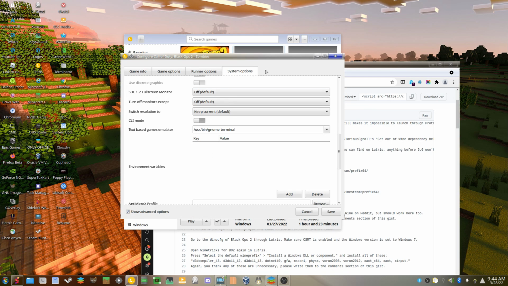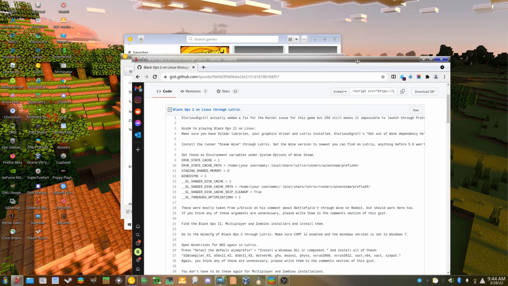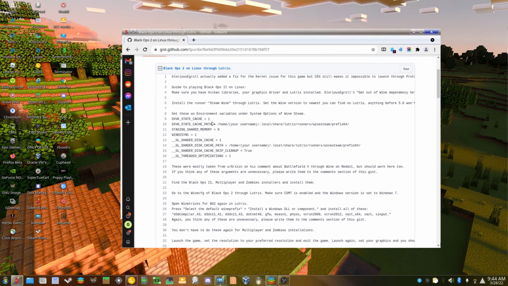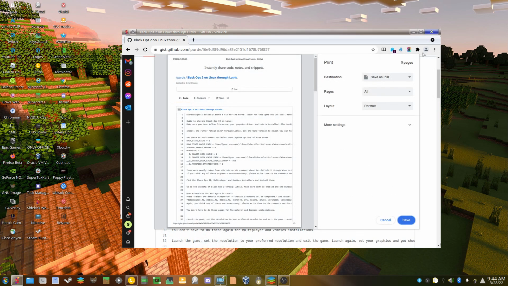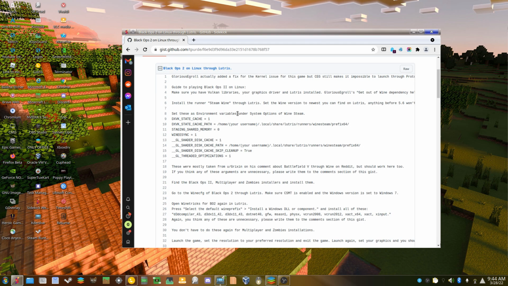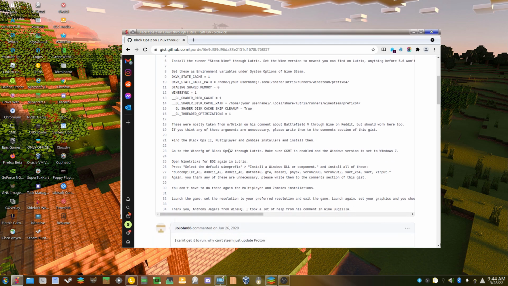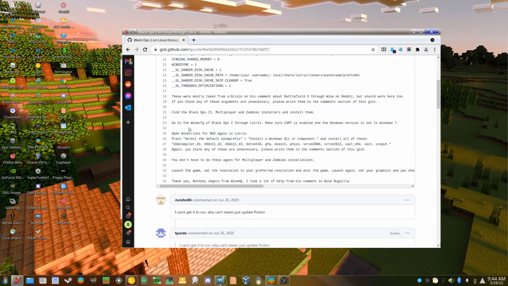Now, I don't think I've added those environment variables, but if you want to, just to make sure that everything works, you can go ahead and do that. I find that this part is really important. After doing everything that we just did, this is probably the last step that you'd want to do. So you'd want to select the default wine prefix